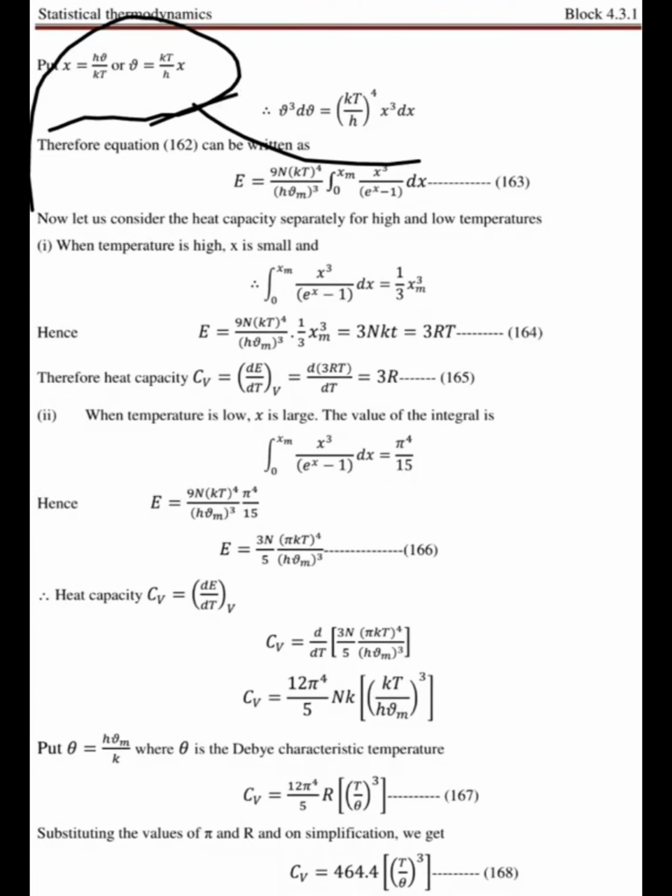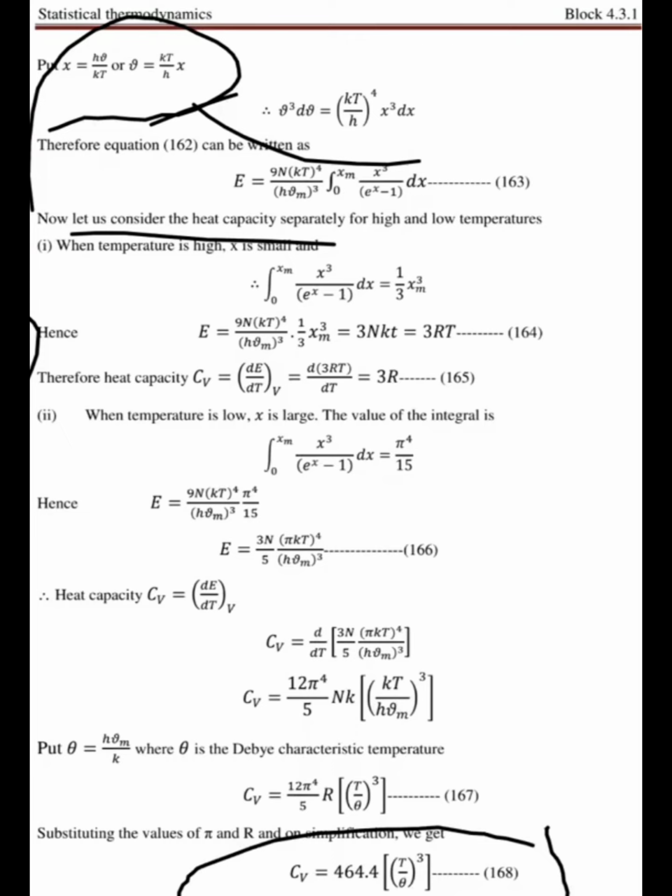Consider the heat capacity separately for high and low temperature. So we are going to calculate the heat capacity separately for high and low temperature. When the temperature is high, x is small. When the temperature is low, x is large. This is what is given here. And CV, the heat capacity, you should know from equation 168: CV equals 464.4 into T by θ, to the power of cube,